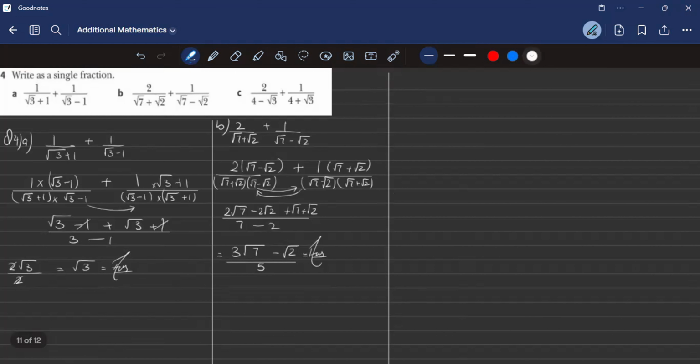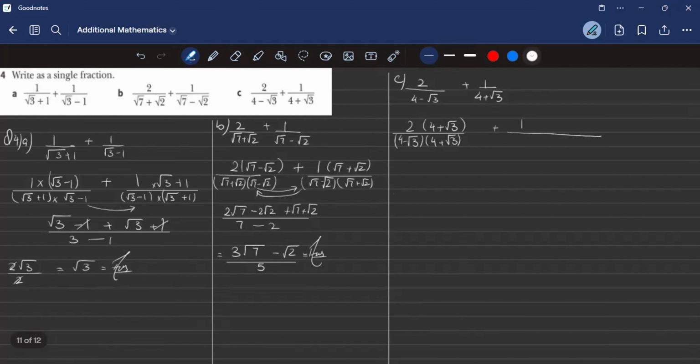For part C, we have 2 divided by 4 minus under root 3, plus 1 divided by 4 plus under root 3. Basically, what we're going to do is, again, the same thing, multiply the denominators by each other. So 2 divided by 4 minus under root 3 multiplied by 4 plus under root 3. And again, we multiply the numerator with the same value as with the denominator. So 4 plus under root 3, plus